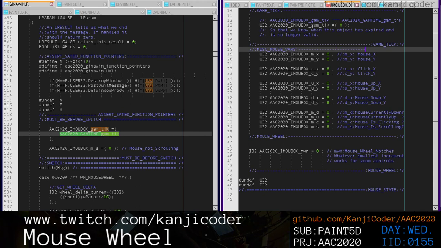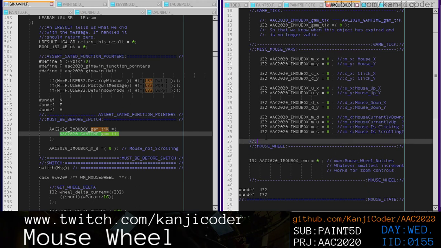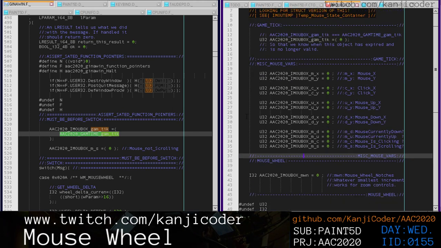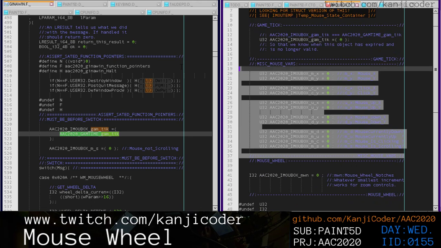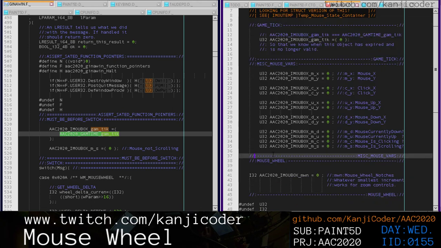I'm just going to call this misc mouse vars. It's most of it, but I don't really know what to label this section. But since I'm labeling all of the other sections, I might as well label this section as well, right? Just for consistency of the indentation. My style requires that I label this section if I'm going to label these sections and these sections, if that makes sense. Okay, so now we have this game tick,